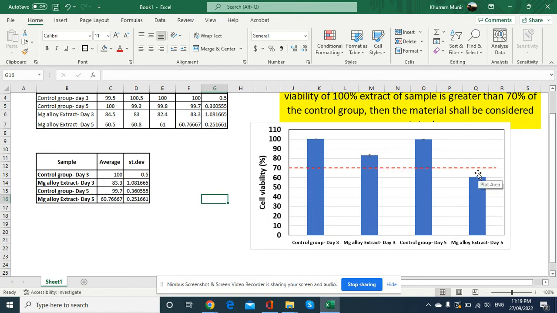But after day 5, we have observed that for this particular magnesium alloy, the cell viability was below the threshold value of 70%. Some magnesium alloys exhibit biocompatibility, so they are not cytotoxic after a certain period of time. Some magnesium alloys, because they include some cytotoxic elements in their compositions that have been added as underlying materials, can exhibit